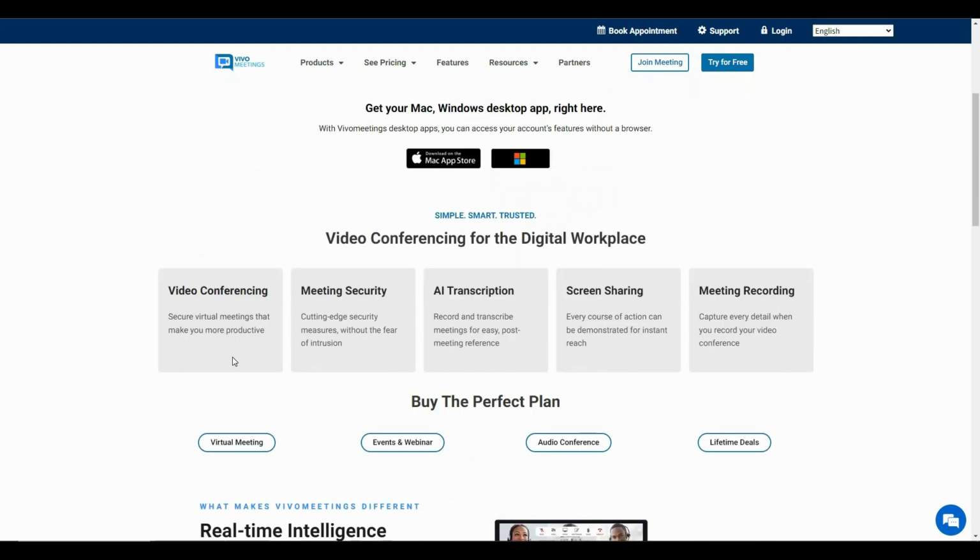Some of the features are, obviously, you can host your video conferencing meetings on Vivomeetings. You will also get cutting-edge security. You might have seen that on Zoom meetings there have been some security issues here and there. Some people have entered meetings where they are not supposed to enter, but you will not face any such problems